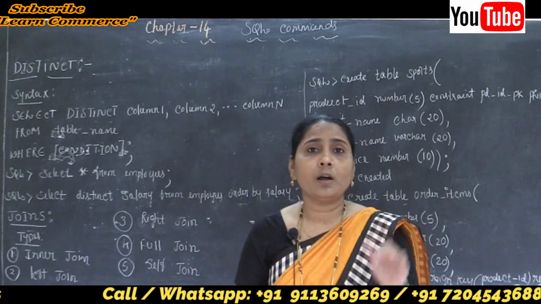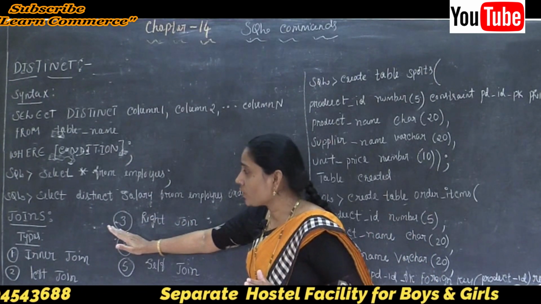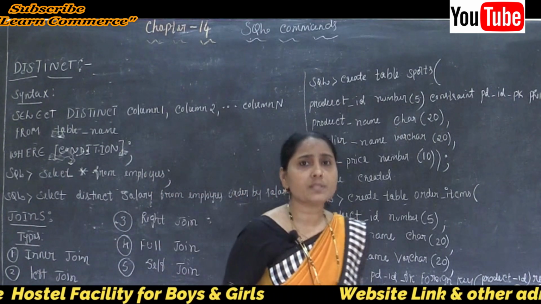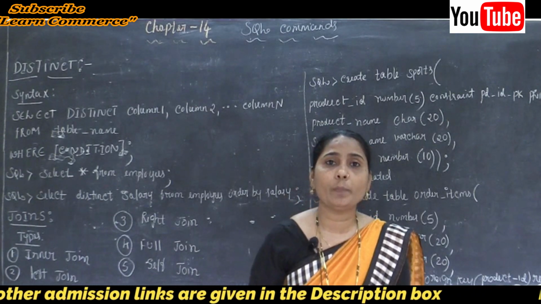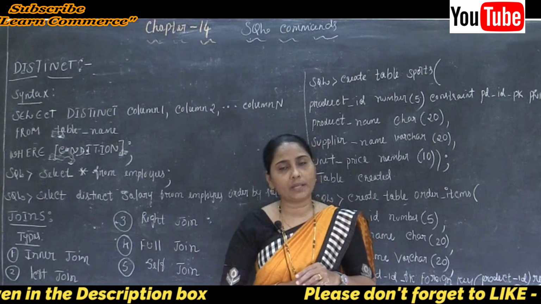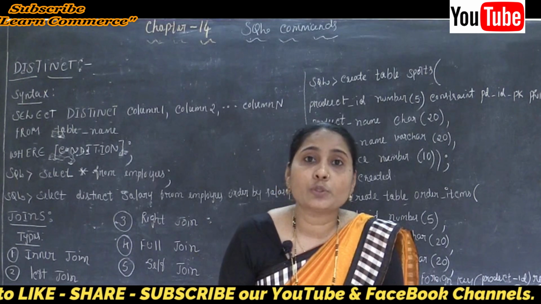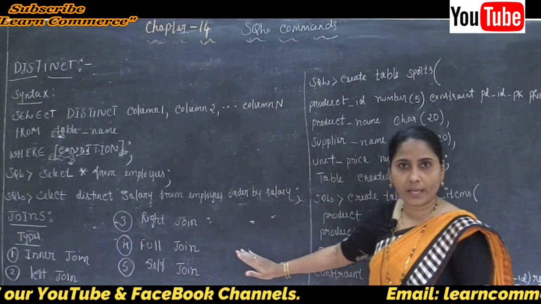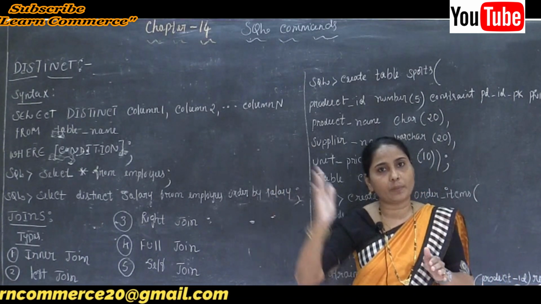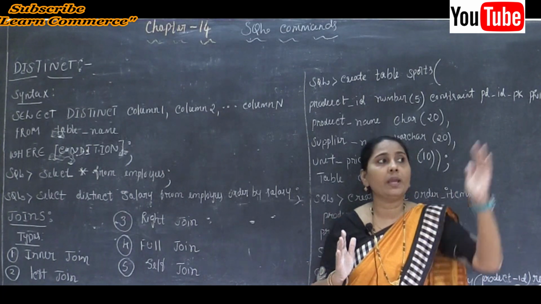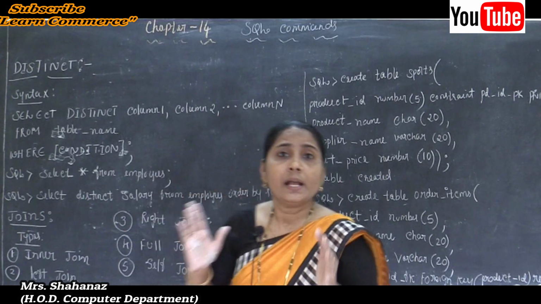So by using all those, we can perform all those tasks by using the query or the clause like our joins clause. Or in other words, we can say a join is a means for combining the fields. So what do you mean by a field? The column of a table is called a field here. So it is used for combining the columns from two tables. By using join, we can combine the columns from two tables, some columns from the first table and some columns from the second table, and whatever columns we get from the first and second table, such ones are going to be displayed in the result table.